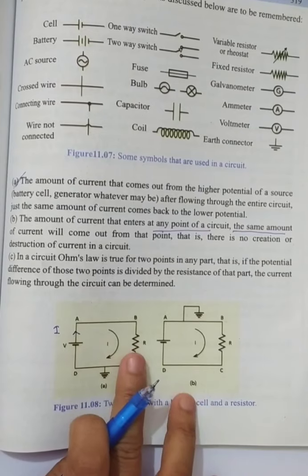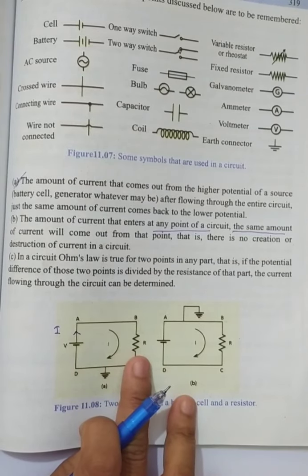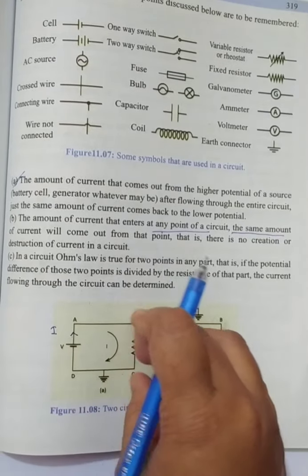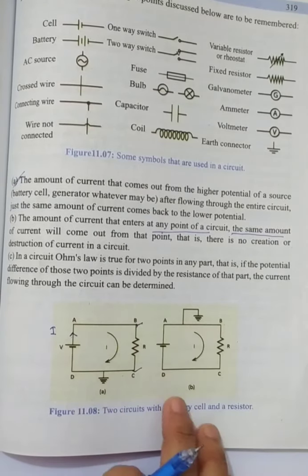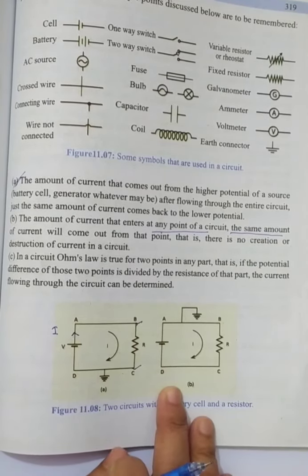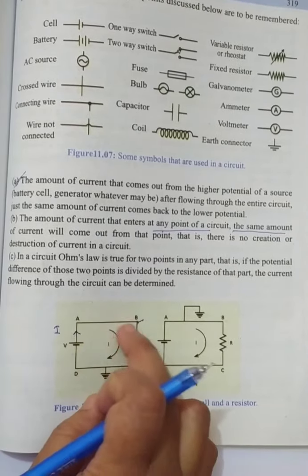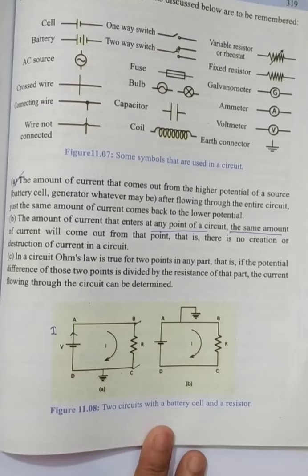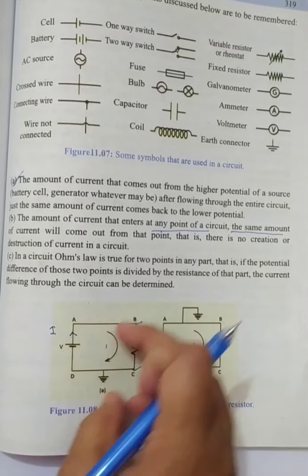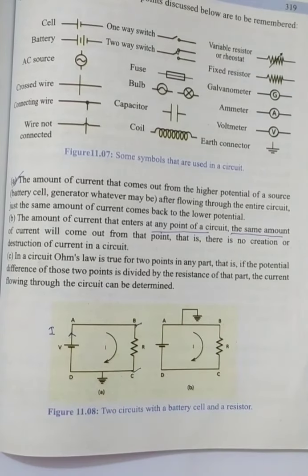এই রেজিস্টরের across a current কত হবে সেটা মেজার করার জন্য আমরা কি করব? If the potential difference of those 2 points, এই যে রেজিস্টর দুইটা পয়েন্টের মাঝখানে কানেক্টেড between point B and C, যদি এদের potential differenceটা আমরা মেজার করতে পারি, and divided by the resistance of that part, এবং এই অংশের রেজিস্ট্যান্স দিয়ে তাকে ডিভাইড করতে পারি, then the current flowing through the circuit or through that resistor can be determined. এই যে রেজিস্টরের অ্যাক্রসে কারেন্ট কতটুকু ফ্লো হচ্ছে সেটা আমরা ডিটারমিন করতে পারবো।